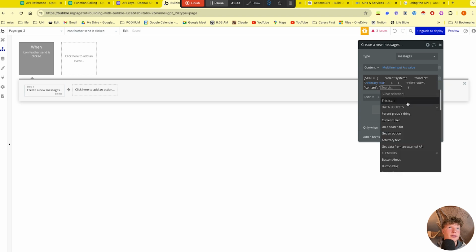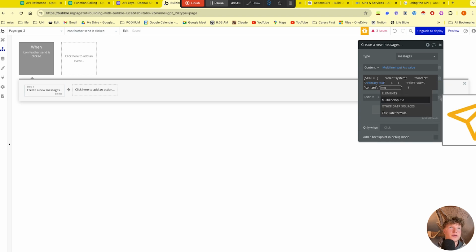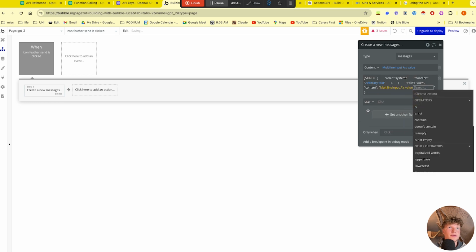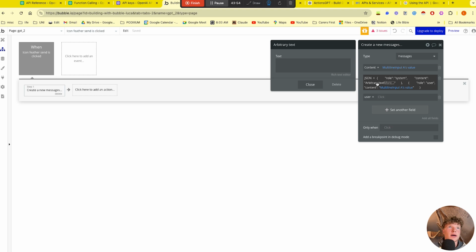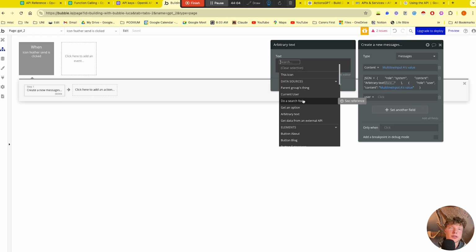Except we're going to do multi-line input A's value. So we're basically just recreating the message, but in JSON format, so the GPT remembers what's going on. For the actual content, for this one, I'm just going to insert some dynamic data, and we're going to search for